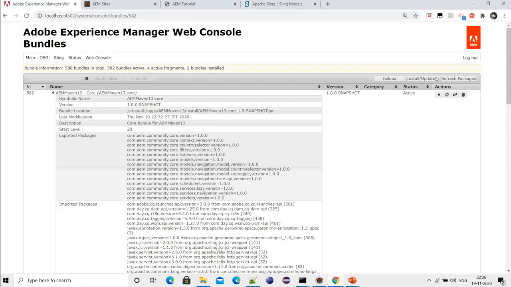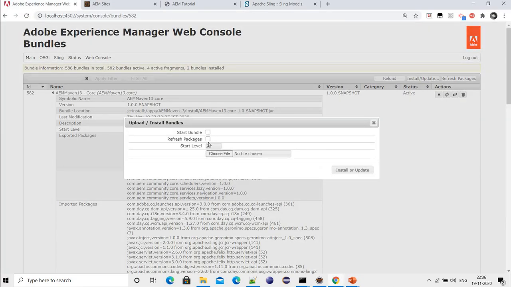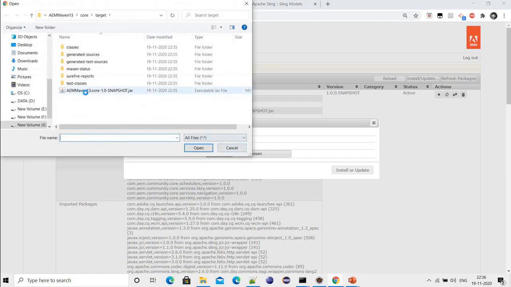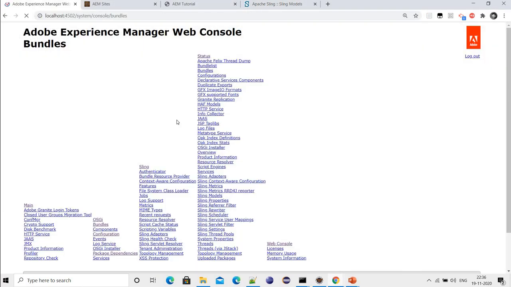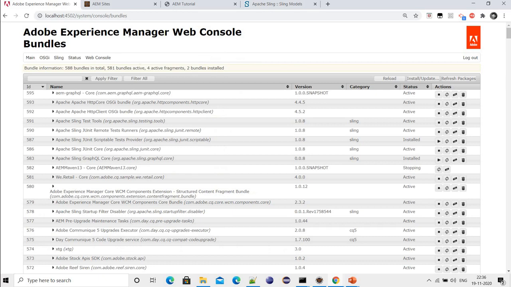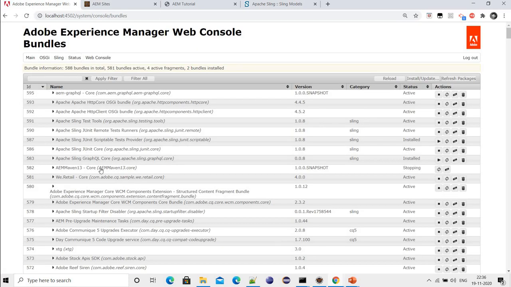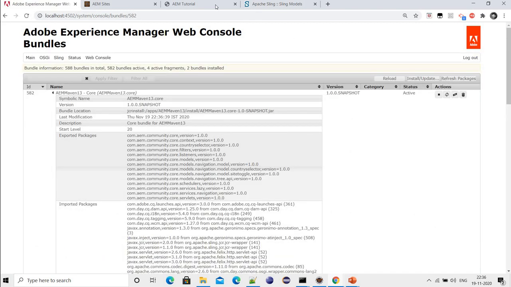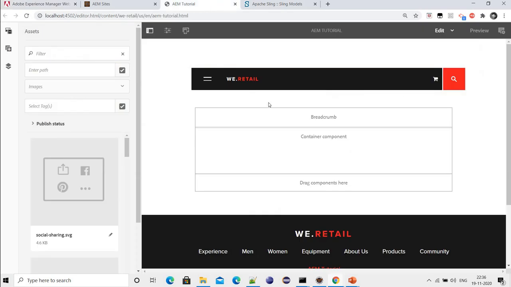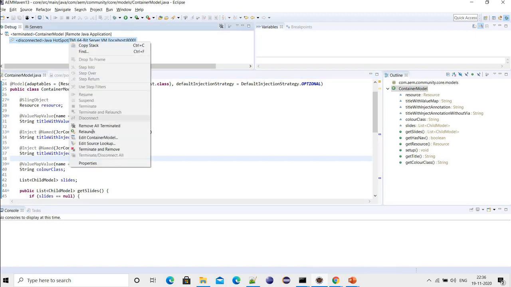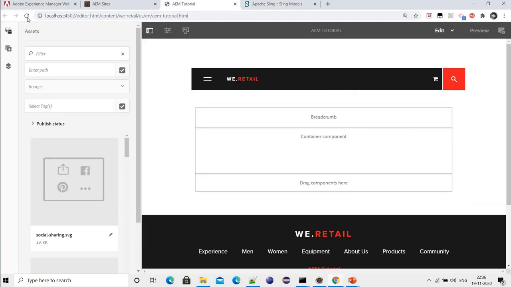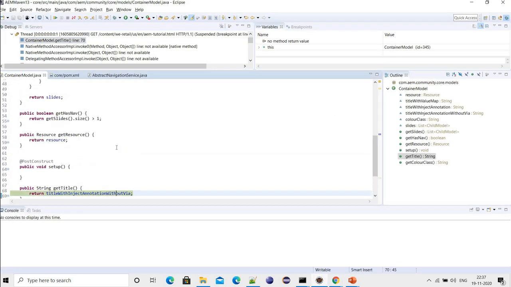Yeah, let me install the bundle. Let's give it just a minute. It's active now. Let me just start the debugger again. Okay, and this time if I refresh the page and I will check it,